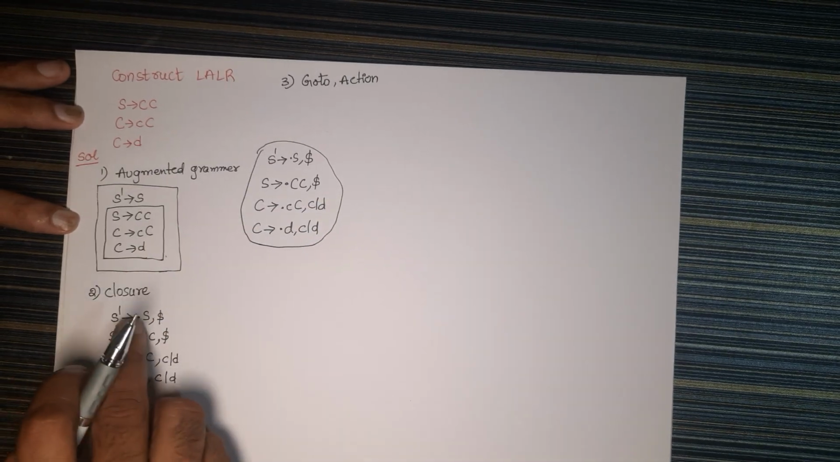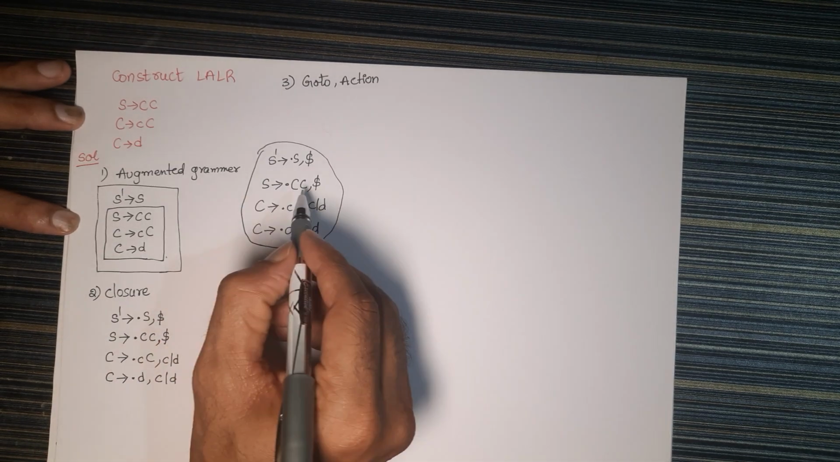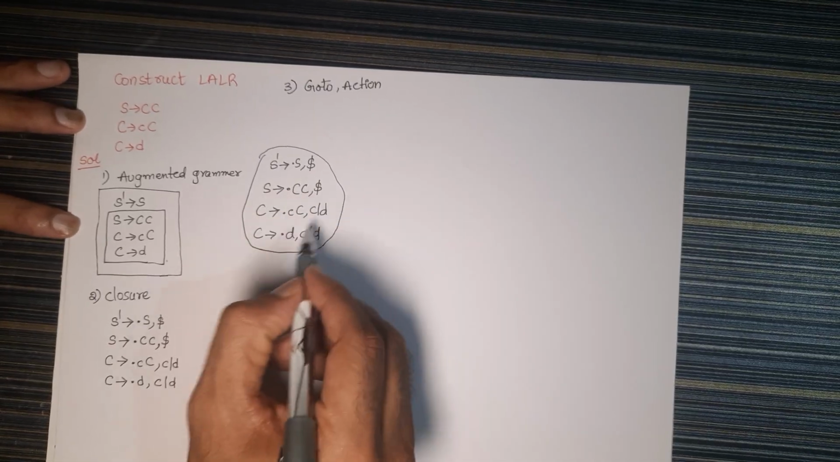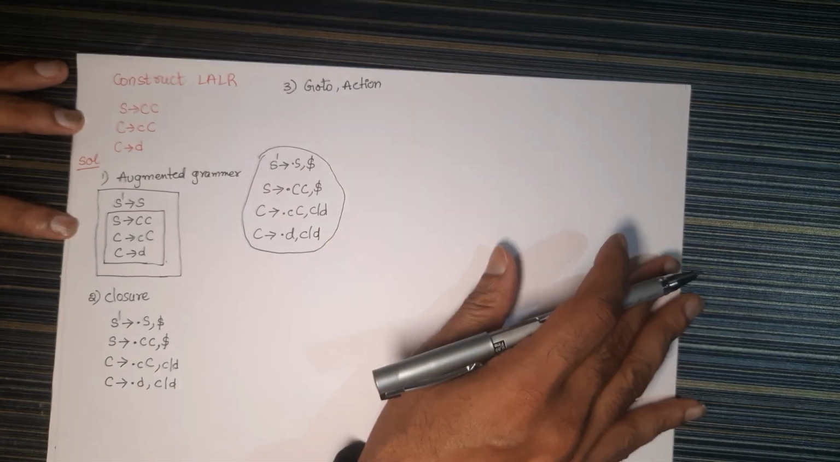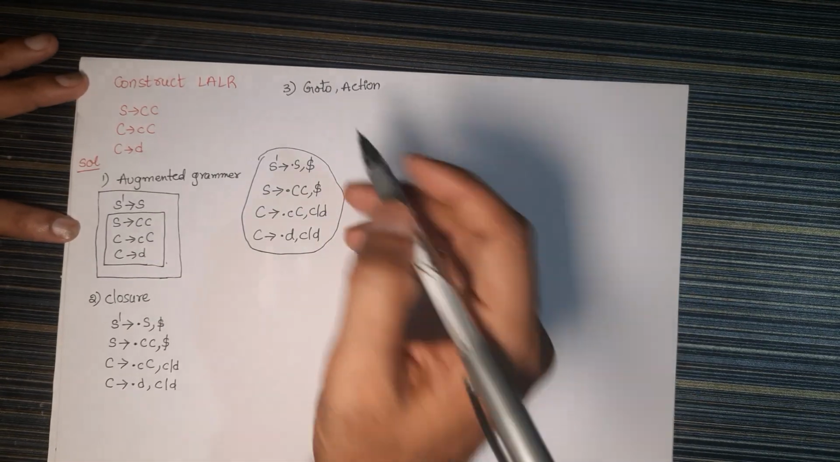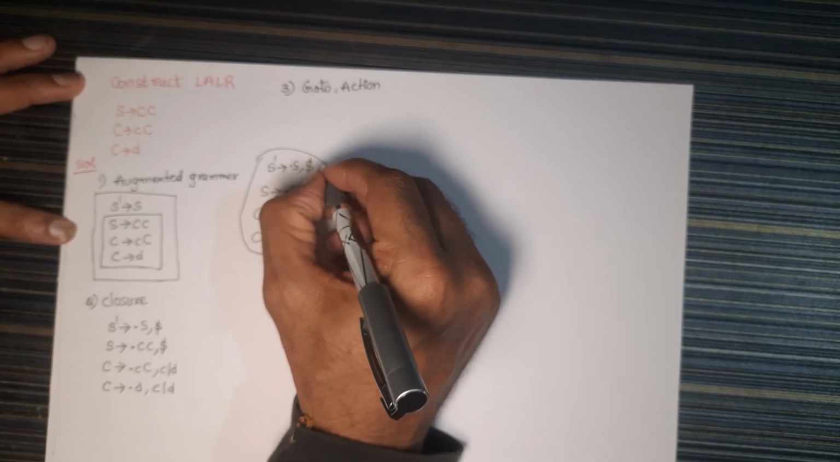So S' → .S, $; S → .CC, $. Like this we have written all the values here. Now we need to find the goto values. How do we find this goto value? Now what we have to do in the first step,